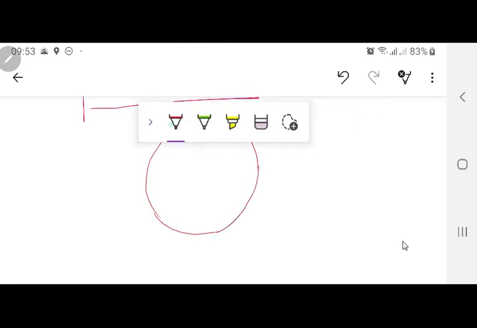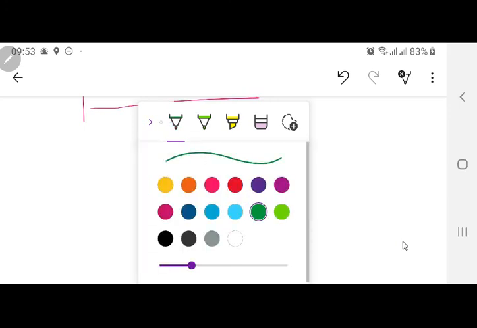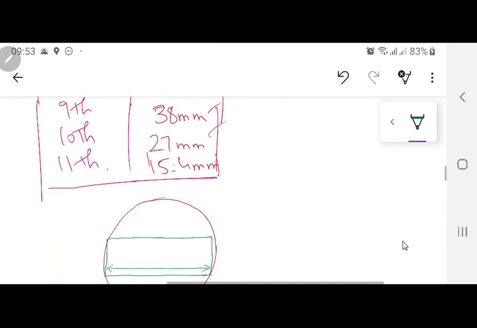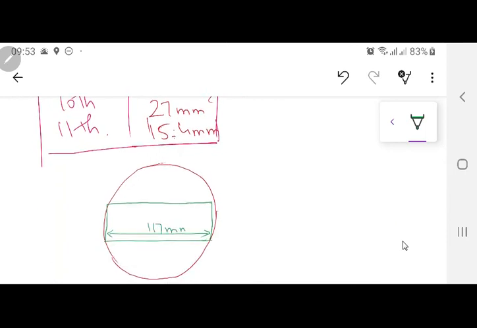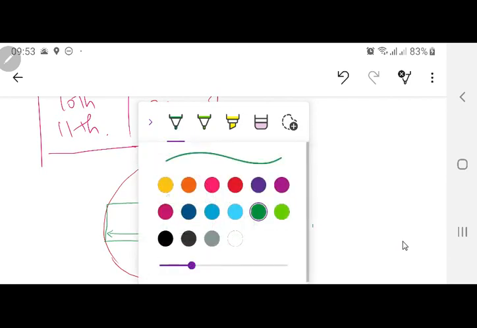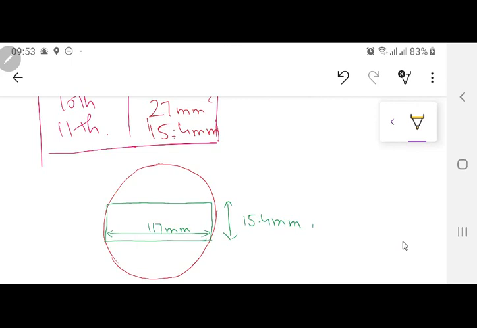and in this one, supposedly this is the first step. In this first step, I already know this distance. This distance is equal to, if I go back on my table, this is 117 mm. This distance is already known, equal to 15.4 mm. ऐसे ही है जी. Okay. Now, if I go with the second diagram, the second one, the core is here, like this. I know this distance.